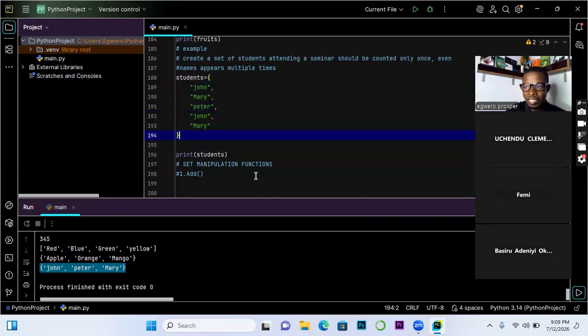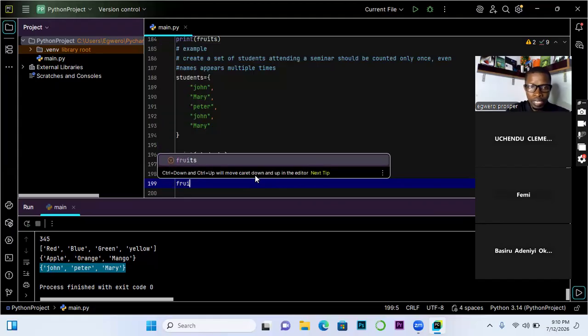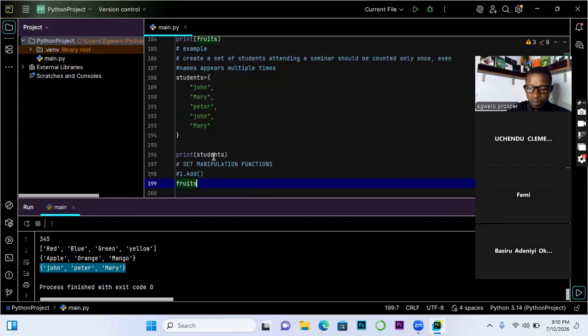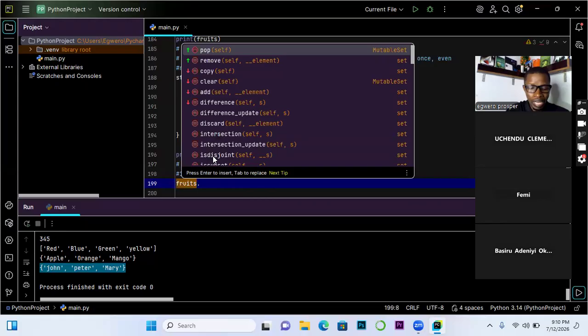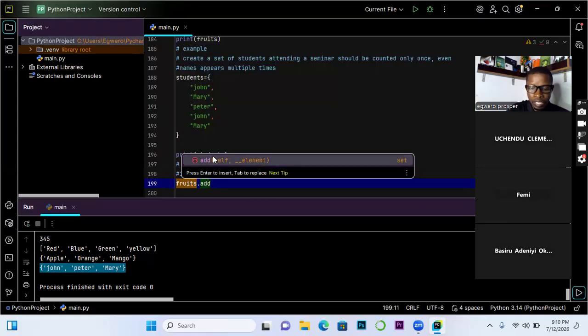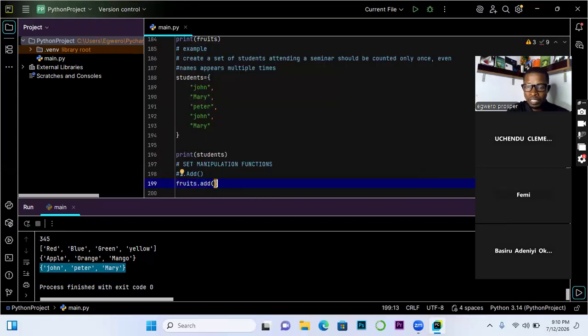So let's say we are adding banana to the fruits set. So the syntax is going to be, we call it, then we concatenate the add function. The emphasis here is us knowing that there is a function called add, which is used to manipulate set values. So what are we adding?